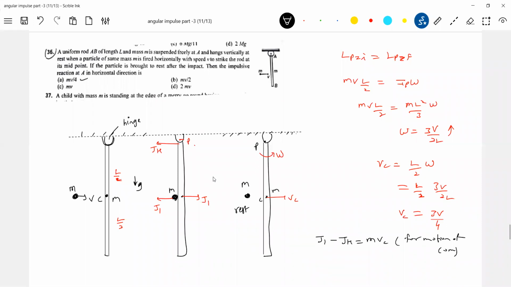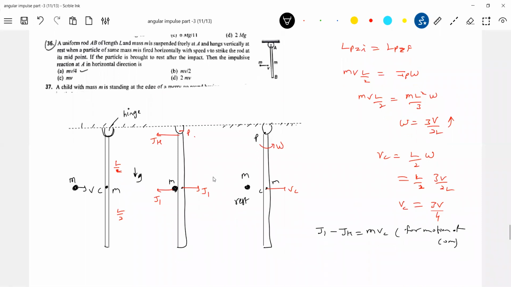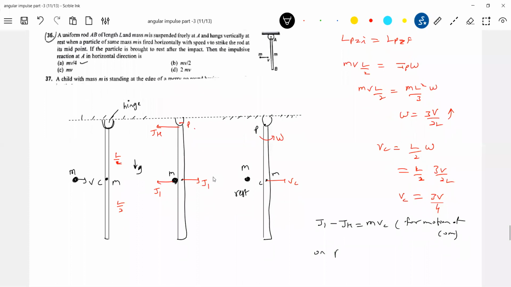I look at the particle. On the particle, what is the initial momentum? MV. Why has it come to rest? Because of impulse J1. Is it okay? I'm showing all things clearly. And finally, it has come to rest. So J1 is equal to MV. So this is equation 1, 2, 3, let me use 1, 2, 3, 4. From 1, 2, and 3,